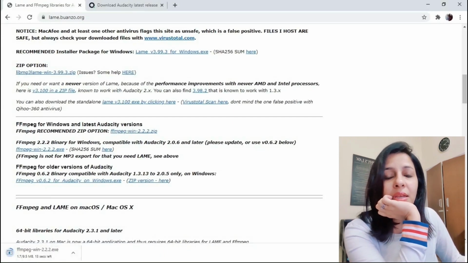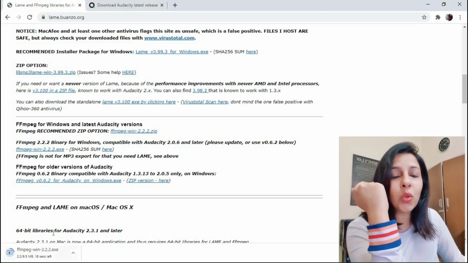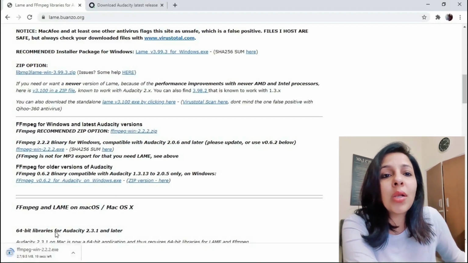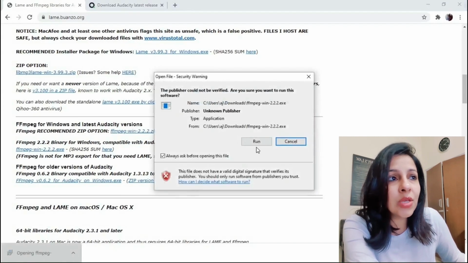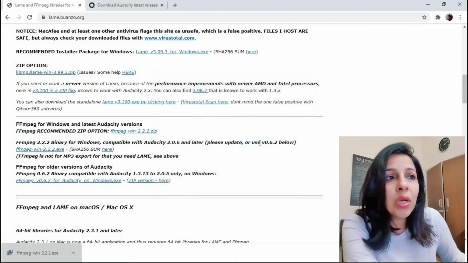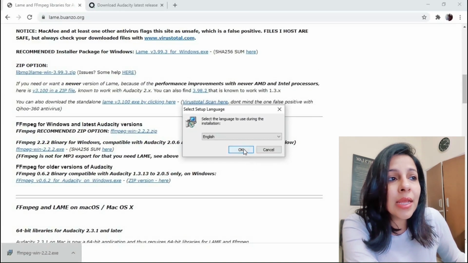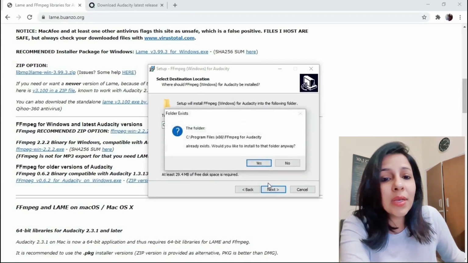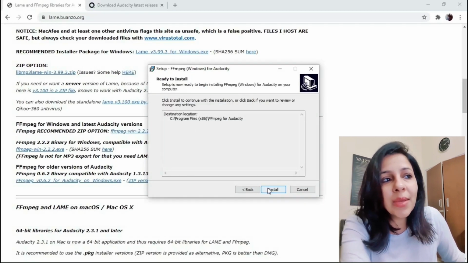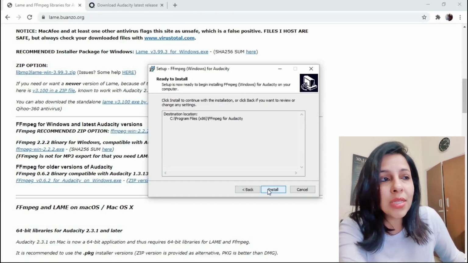And it will, again, it is an executable file, it will get downloaded. So once this is installed, you have to open this FFmpeg, and again it's an executable file, so you have to kind of install it. Next. I already had one installed. I'm installing it again for this tutorial, so that is why that message popped up. And install